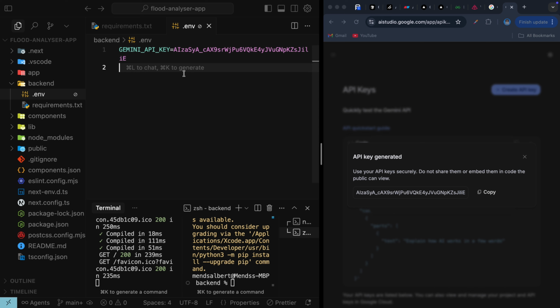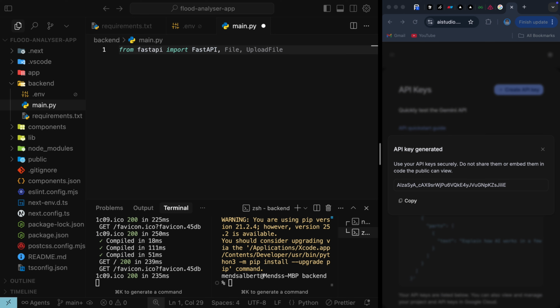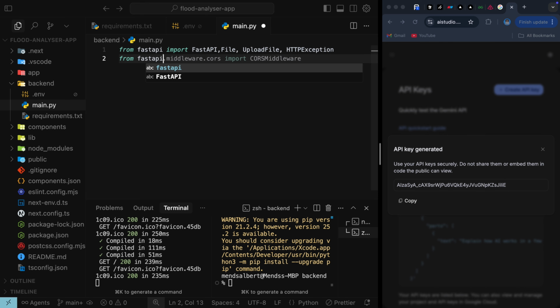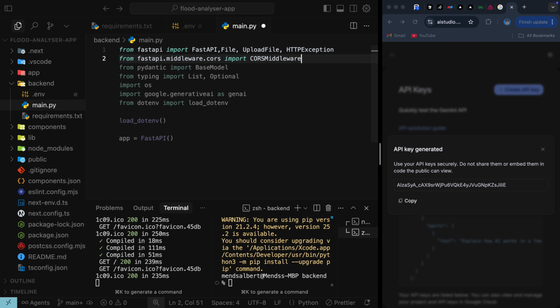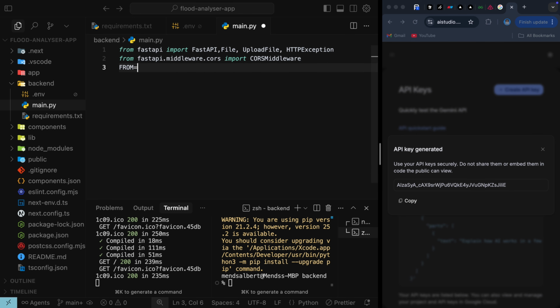Next, we're going to create a main.py file to contain all the logic for the backend of this project. We'll start by importing FastAPI, File, and UploadFile from FastAPI. We'll also import CORS middleware from FastAPI, BaseModel from Pydantic,